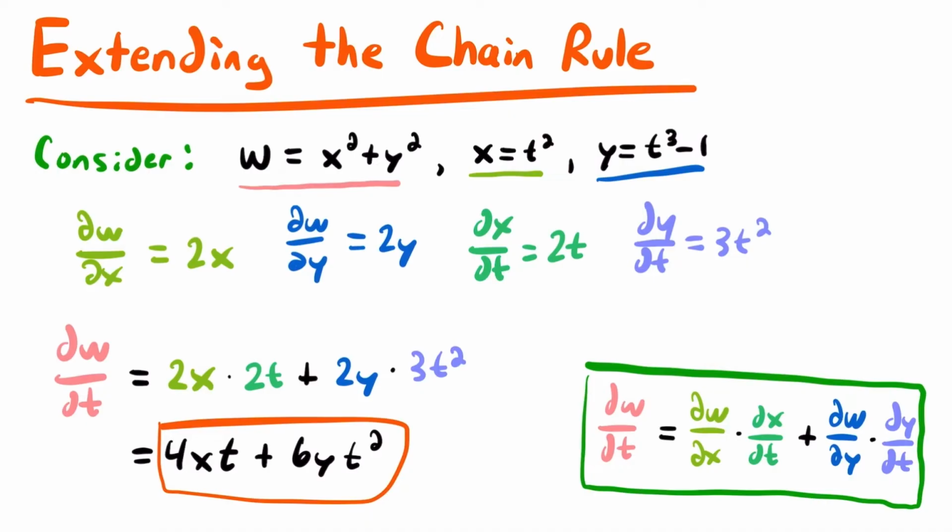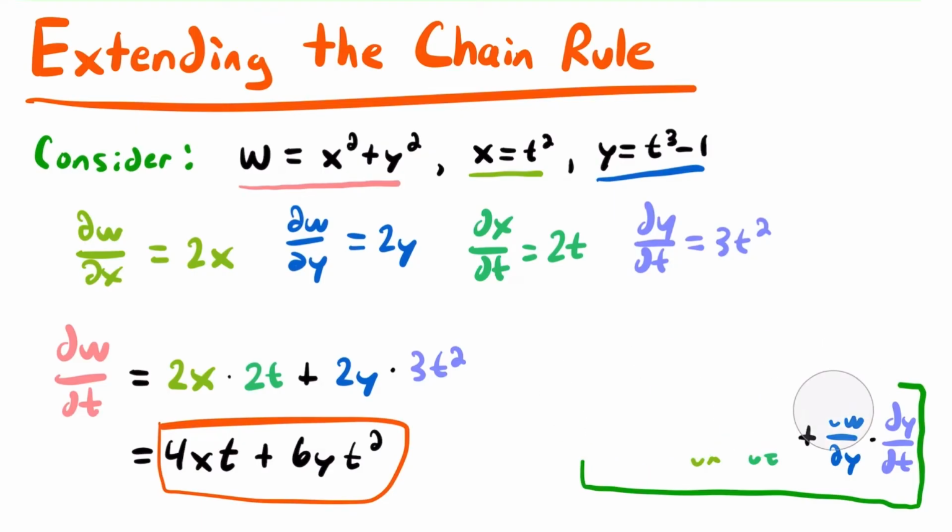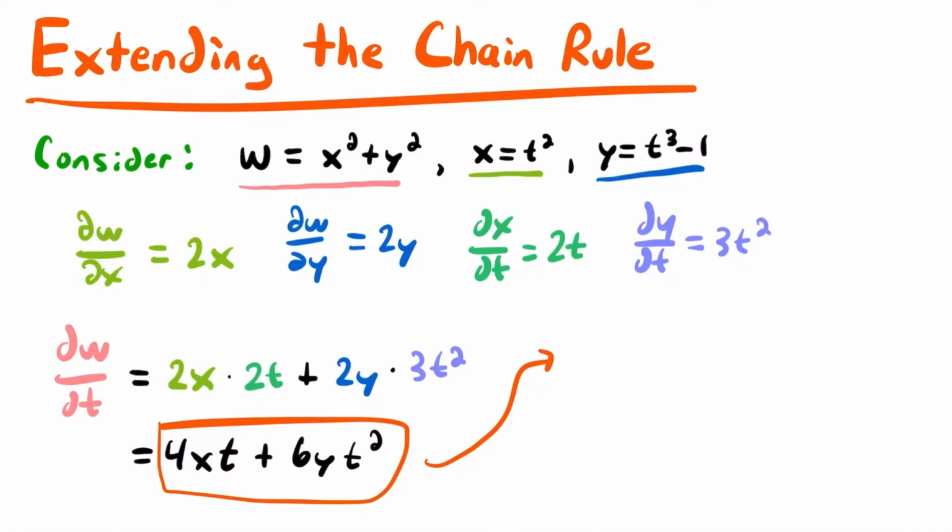Okay, so while you could keep it like this, you could also rewrite it such that it is entirely in terms of the independent variable t by replacing x and y with what they are equal to in terms of t. Okay, so if we did that here, you would replace x with t squared, so this would be equal to 4t squared times t plus 6 times y, which we would replace with t cubed minus 1, so we have t cubed minus 1,